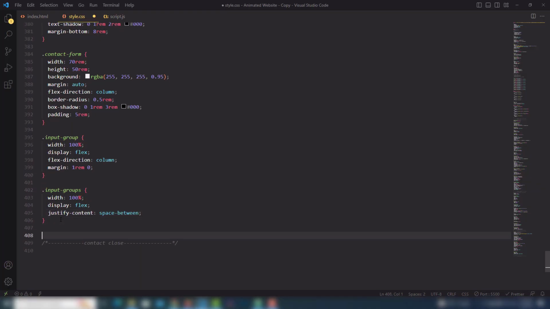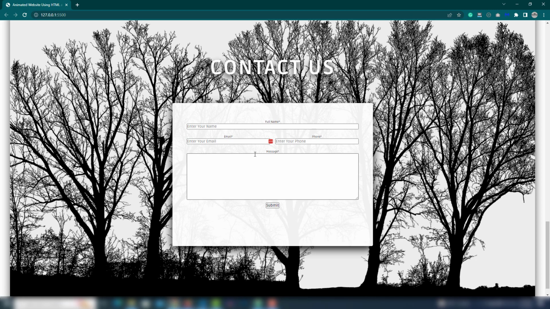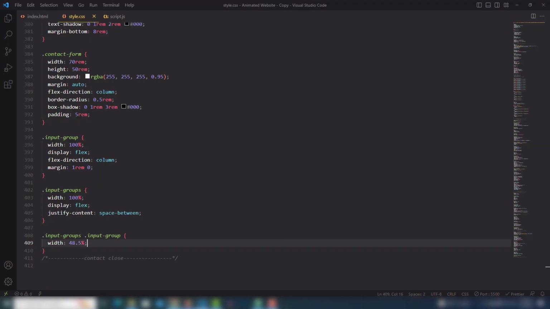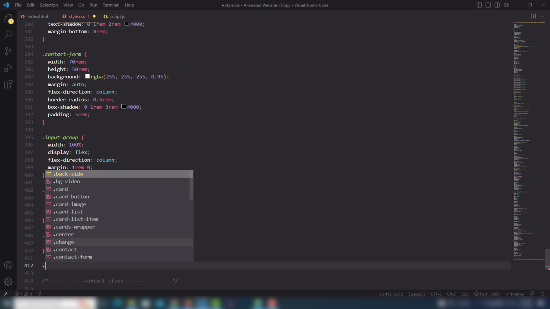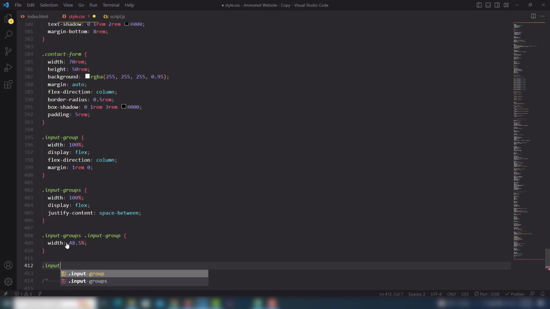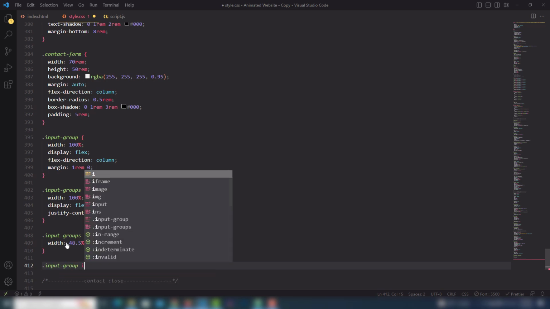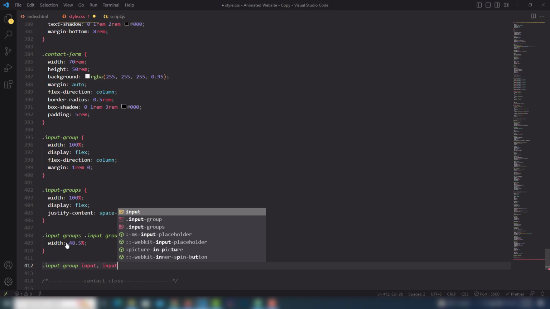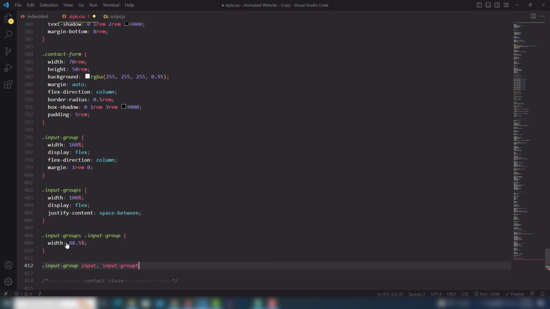Cool thing is I'm going to select the input groups, .input-group, width will be 48.5%, right? So we have a space between the first and second one. So let's select the input group and input field. Also I need to select the input group text area,